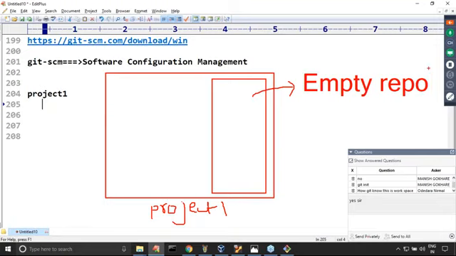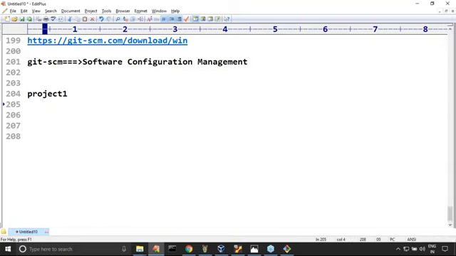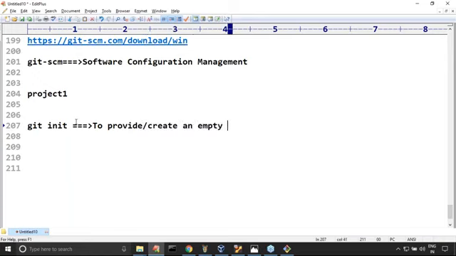Observe carefully, right? You have to ask Git, can you please provide an empty repository for me, because version control is required for this workspace. How you can do that: git init is the command we need to use. Any doubt about this, sir? What is the purpose of git init? To provide or create an empty repository for our workspace,